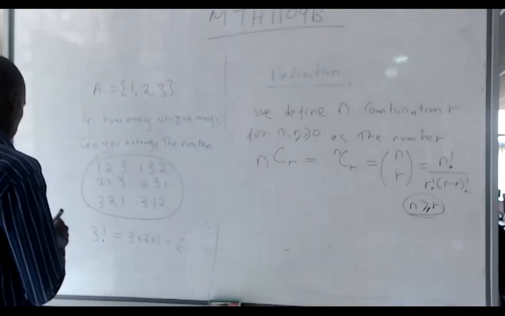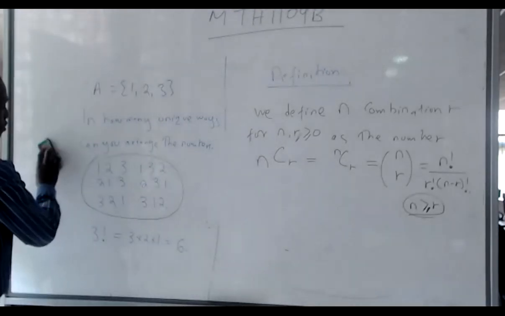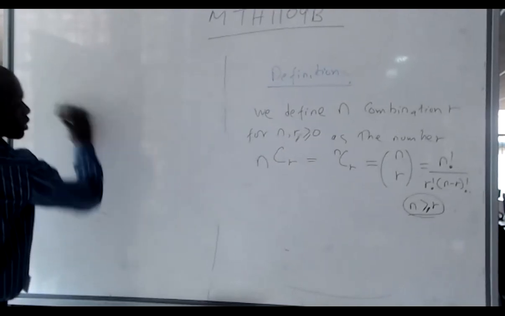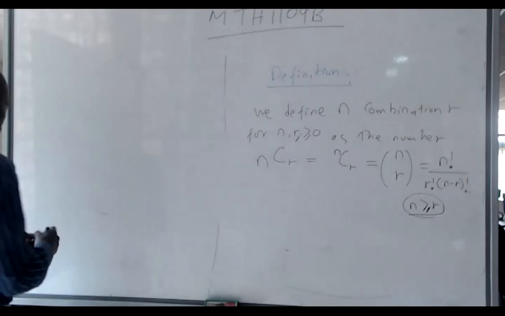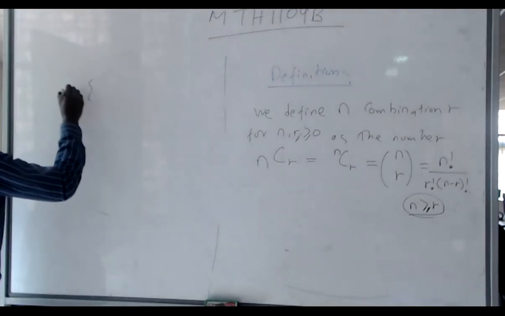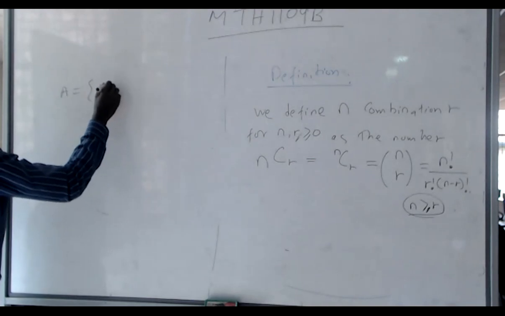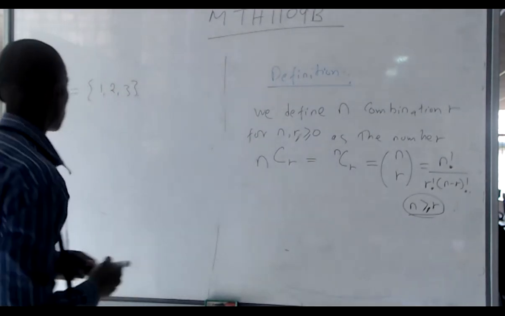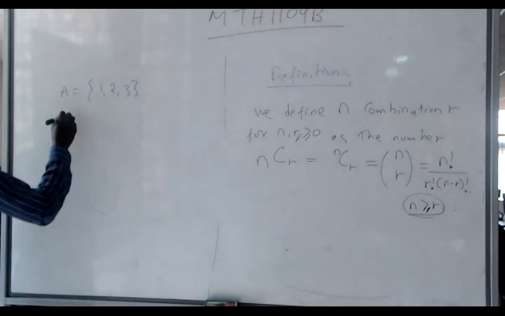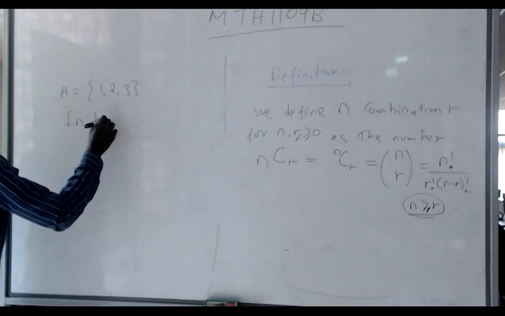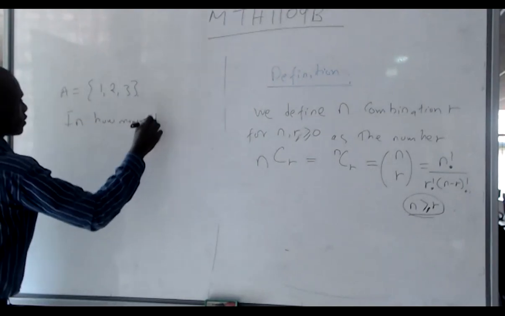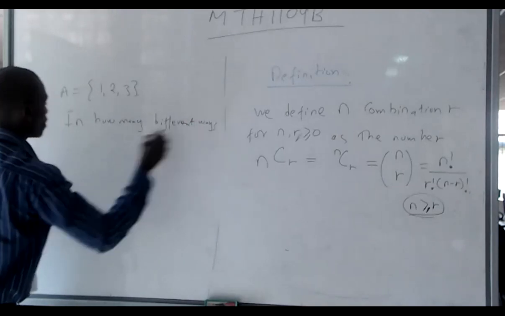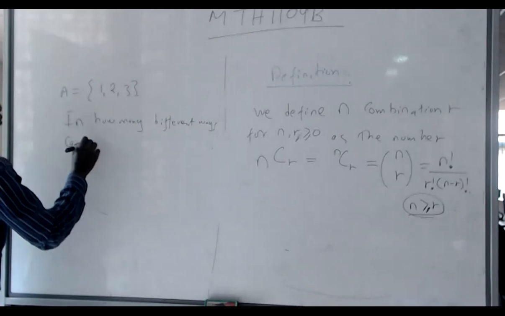Let me give an example before we look at that definition. Suppose you have just the set that we have 1, 2, 3. Then you're asked, in how many different ways can you choose